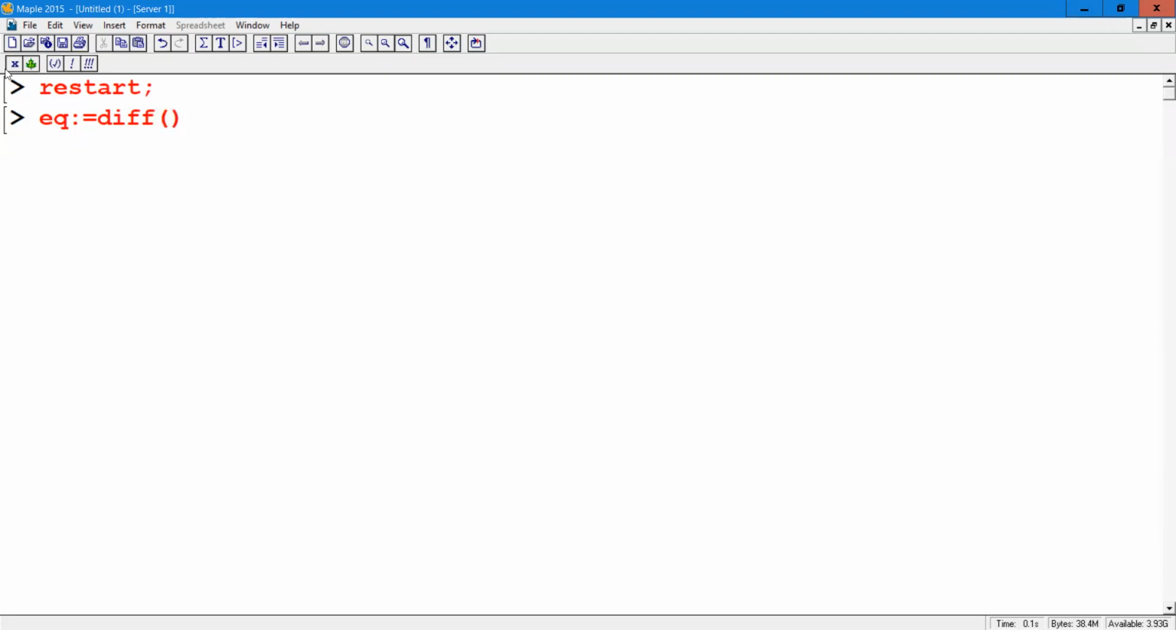I show this command diff, which is the derivative command in Maple. The equation was the second derivative of y(t). Here we show the second derivative of y(t), using this command in Maple. The equation was the second derivative plus the first derivative of